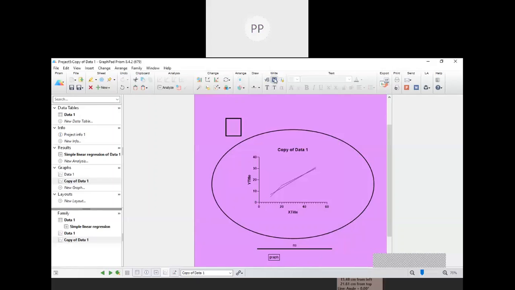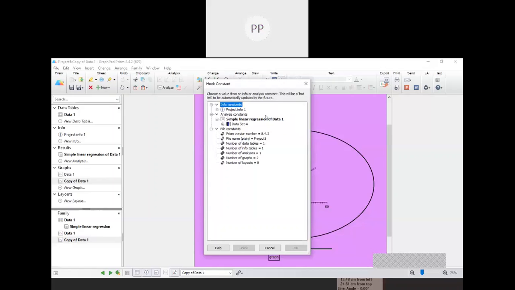This is write. If you want to open Microsoft Word automatically, you have to go to write. This is the Microsoft Word page. So automatically from GraphPad Prism, a Microsoft Word page will open and you can copy and paste your graph there and write about the spectra there. This is the notes constant, it will give all information on what project you did in your GraphPad Prism software, your history.